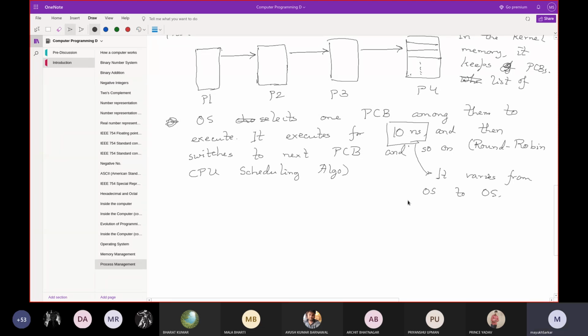Some OS works with 10 nanoseconds, some operating system works with 100 nanoseconds. But the fact is, our human brain cannot detect the difference between two events if that occurs within 10 milliseconds. That means suppose event A has occurred, then within 10 milliseconds event B occurs.